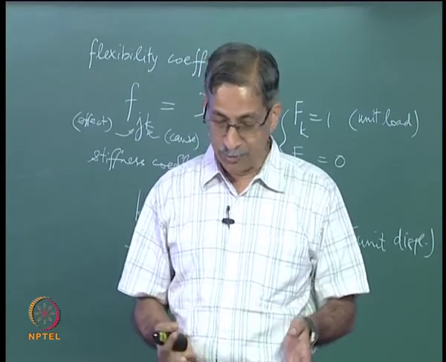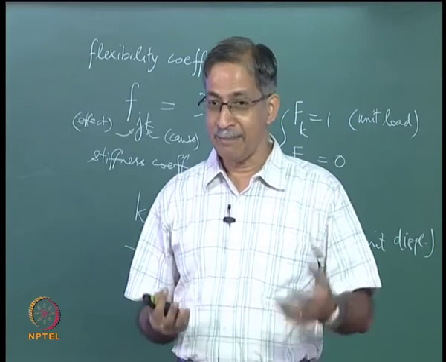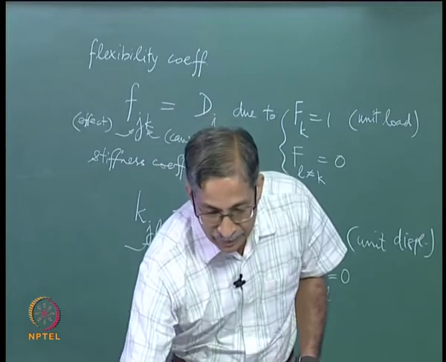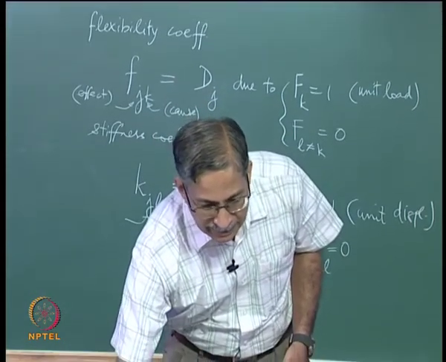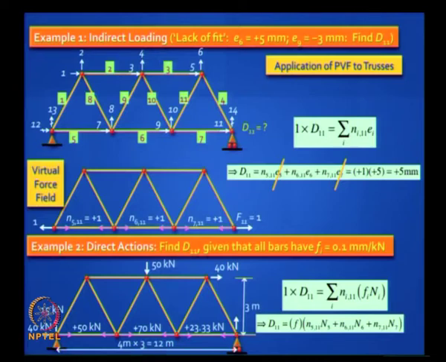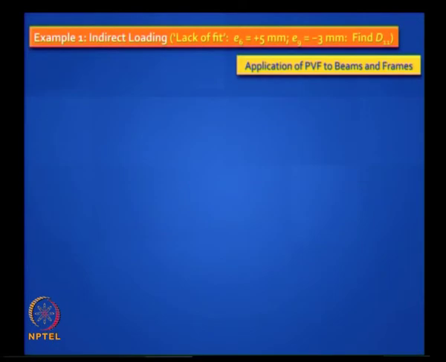Now, you do not need to go through the full exercise because only 3 bars really matter here, because all the other bars do not have any force, Ni. So, if you want to do it fast, you just find the forces in the bottom chord. Let us say these are the answers, then you can just multiply each of those by 1 and the flexibility value, and you will get the answer very easily. Is it clear? So, it is a simple demonstration.